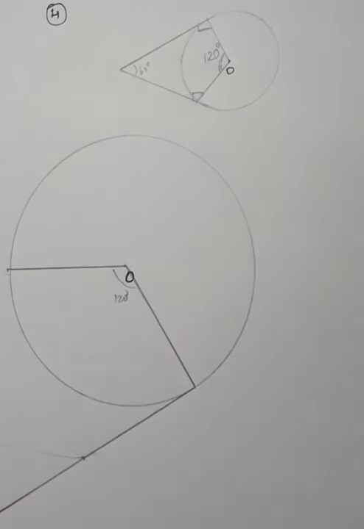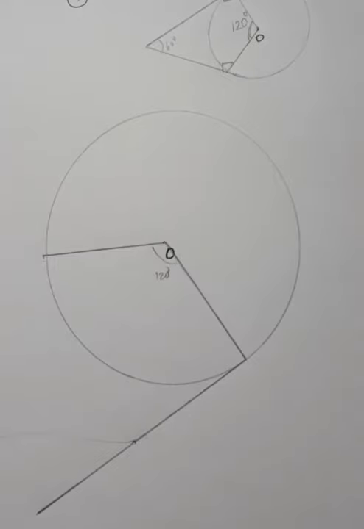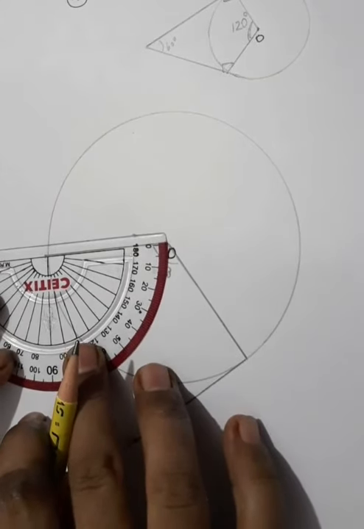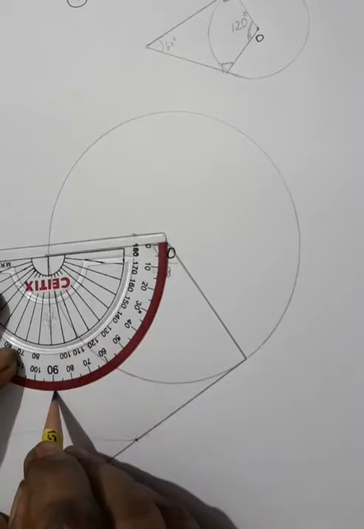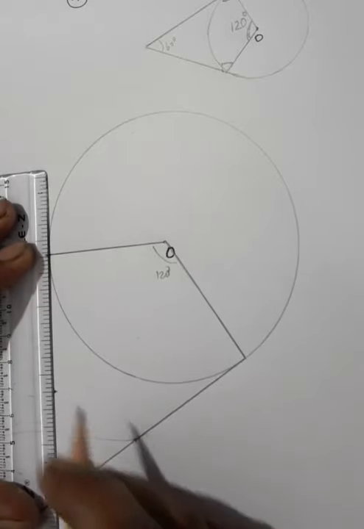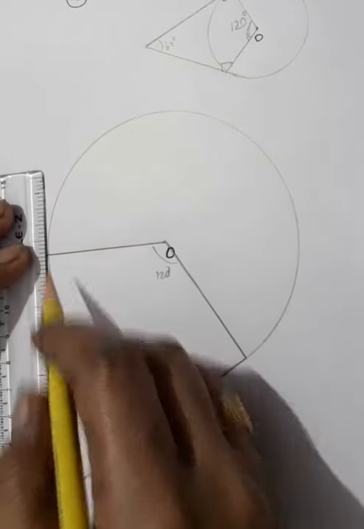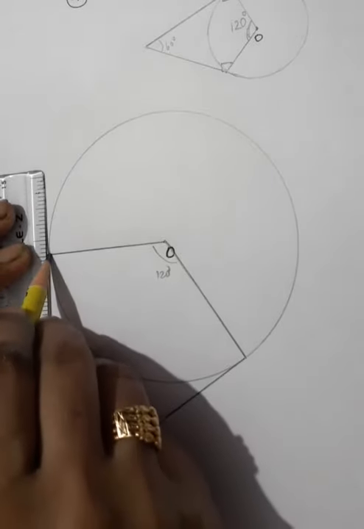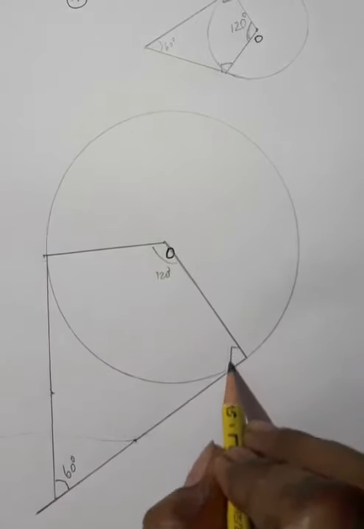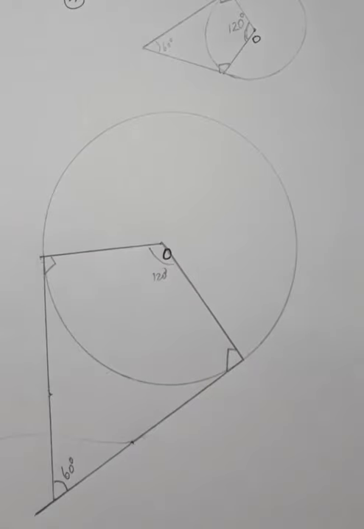After that, want to construct again 90 degree there in that side. So here you can construct a 90 degree at this particular point. This is the 90 degree line. Then join with the scale and pencil, and it should intersect the previous one. Now we get a particular point, this point of intersection. This angle is 60 degree. So this is 120, this is 90 degree, this is 90 degree. This is the way to construct this type of question. Then we can move to the next question.